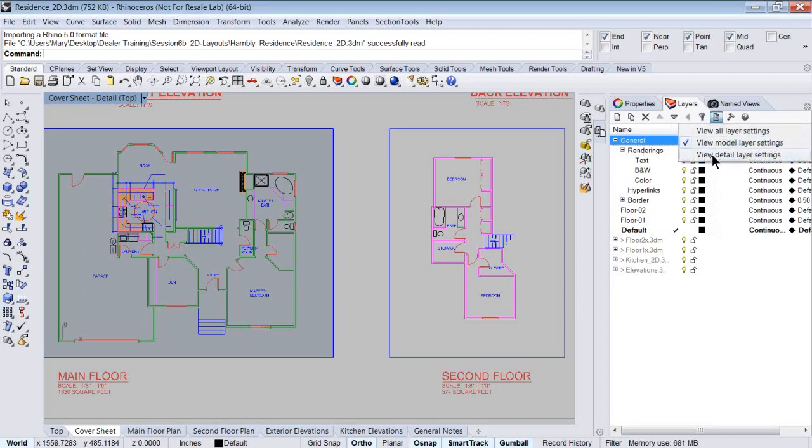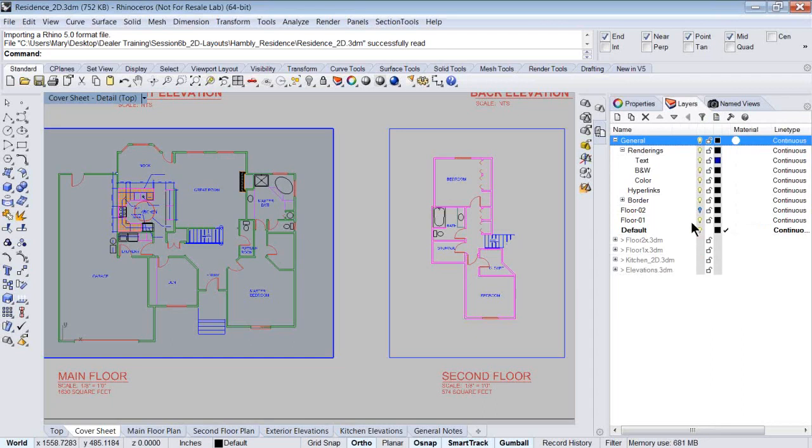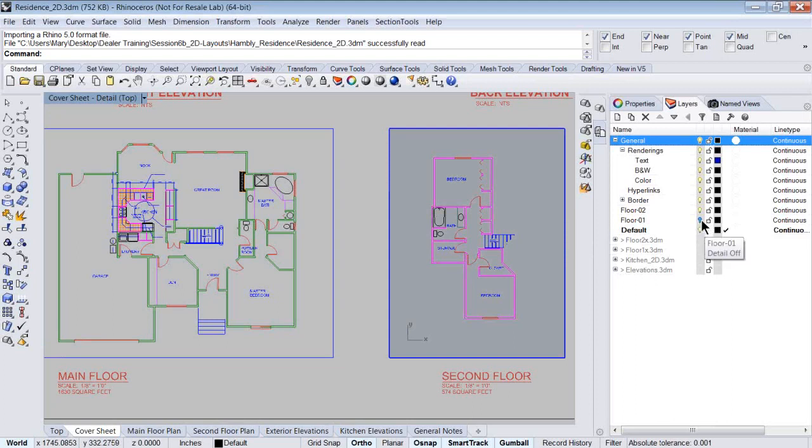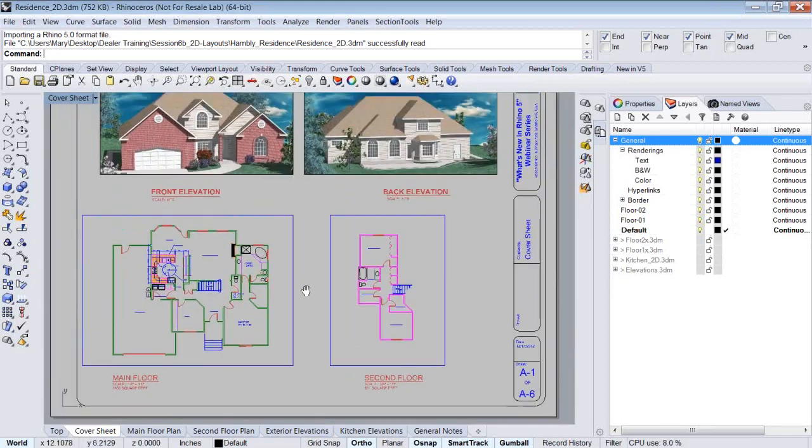In view, I'm going to look at only the layer details here to show you that we have control in the layer manager over layer display, color, line weight, and line type per detail. If I pick on this detail and make it active, you can see that floor 1 is now turned off, and all of the layers for floor 1 are not referenced in that detail. I'm going to double click back out to the layout,